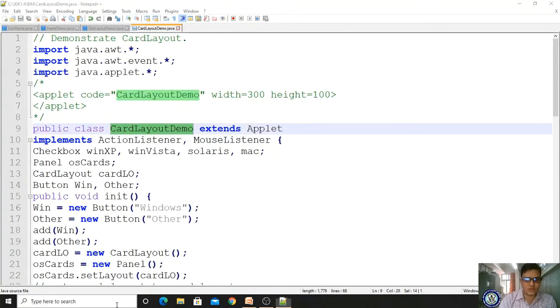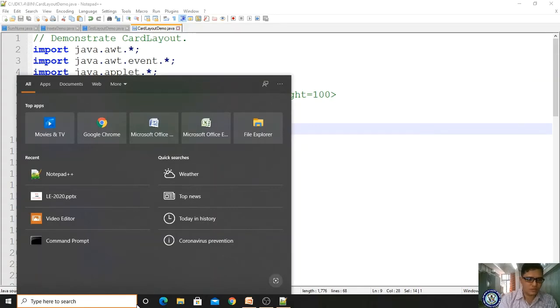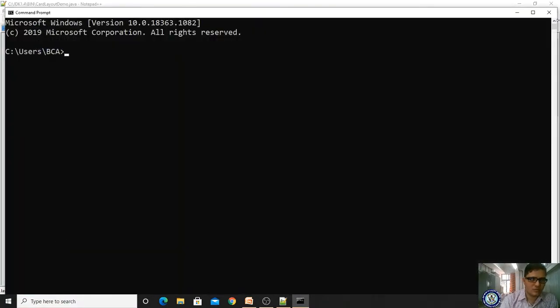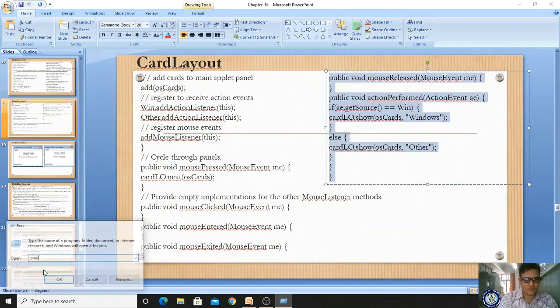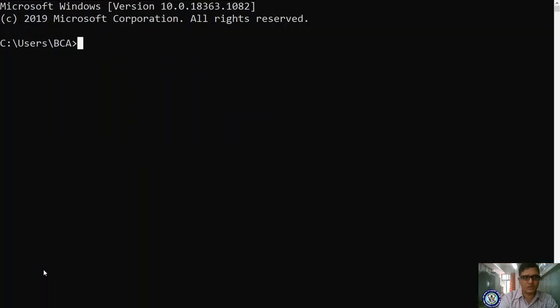Come here and take the command prompt. Let me take cmd, enter, cd slash, cd jdk 1.4 slash bin, javac CardLayoutDemo.java.